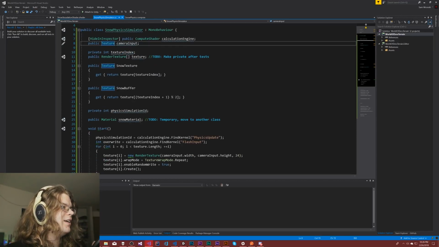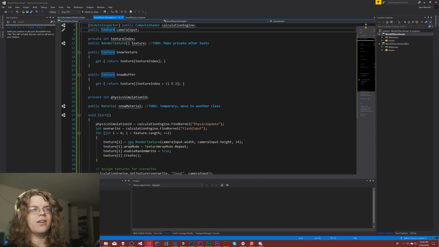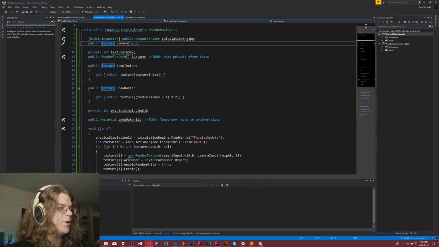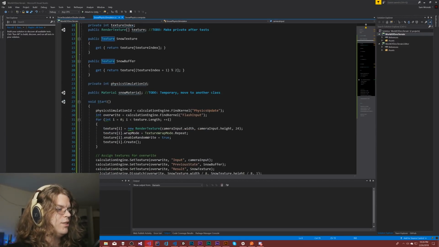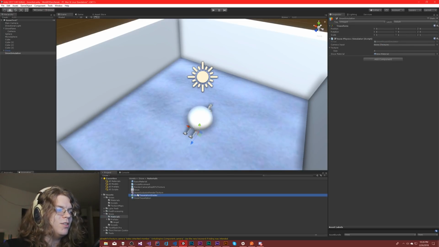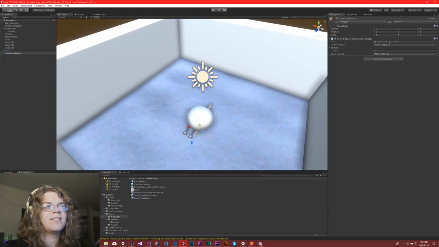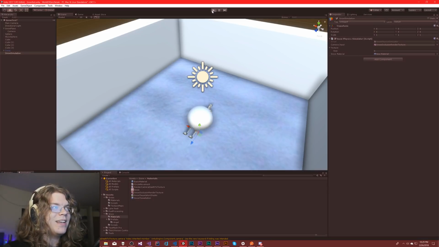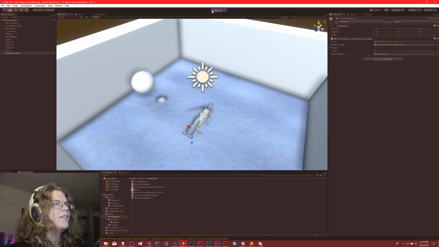So we need a texture so that we can actually plug in our render texture from our camera. Otherwise, this won't work. So now, once that recompiles, I should be able to actually pull my render texture on and attach it to this camera input, and everything should just kind of fall into place. If I can select the right thing, there we go. So now we're just getting that camera input. The only thing that's going to do here is set the size. It's not going to do anything else. We're not reading it, we're not doing anything. So